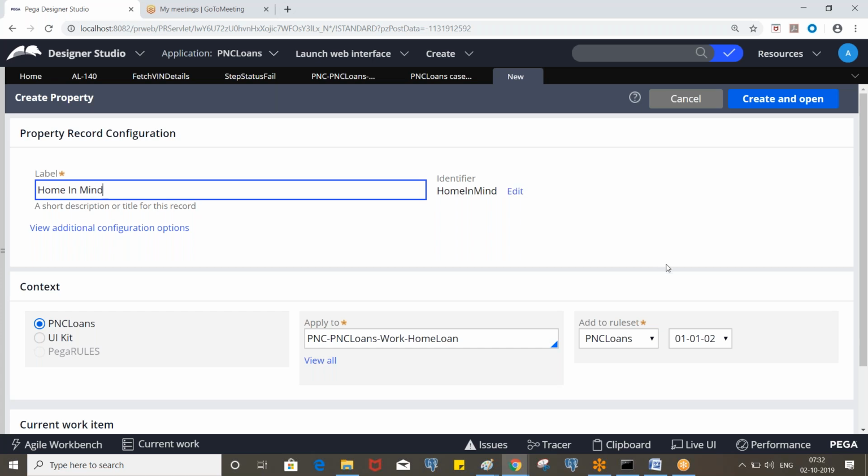If you want, you can still create this property in the loan details class and reuse it. Generally, loan purpose and loan type properties are required for both auto loan and home loan, right? So we create them in the data class and use them. And if you think these properties are required only for home loan, you can create them either in the data class or directly in the home loan class.